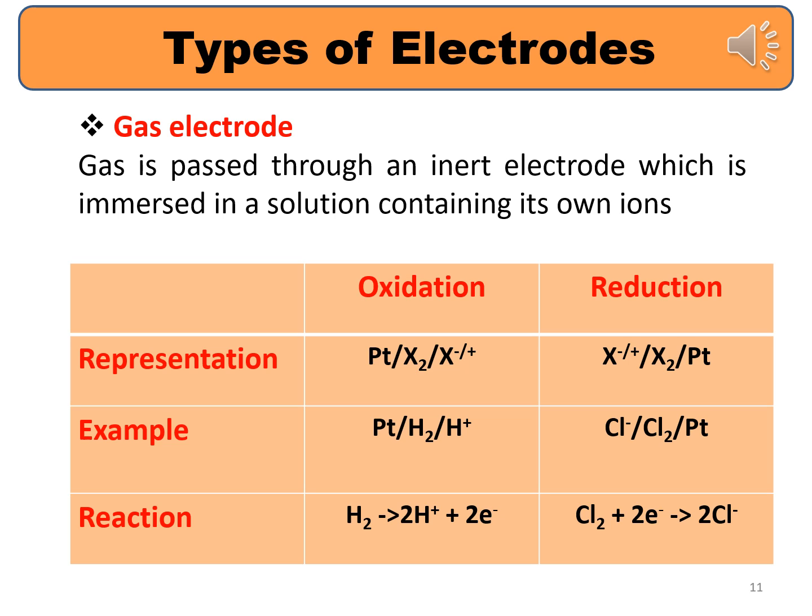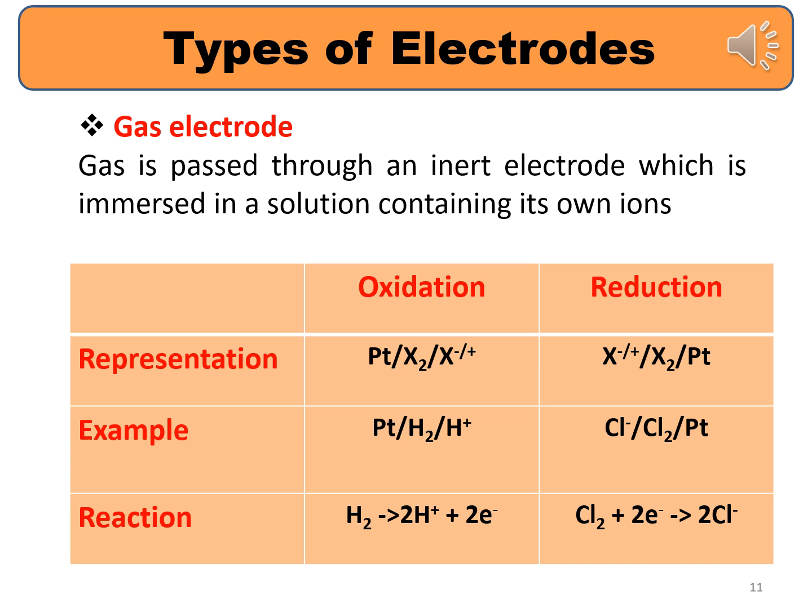The general representation used for a gas electrode is, for oxidation, platinum/X2/X minus or plus. Here X2 denotes the gas, and X minus or plus denotes the ions present in the solution. For reduction it is X minus or plus/X2/platinum. For example, if we consider the oxidation reaction of hydrogen, like H2 giving 2H plus 2 electron, the representation is